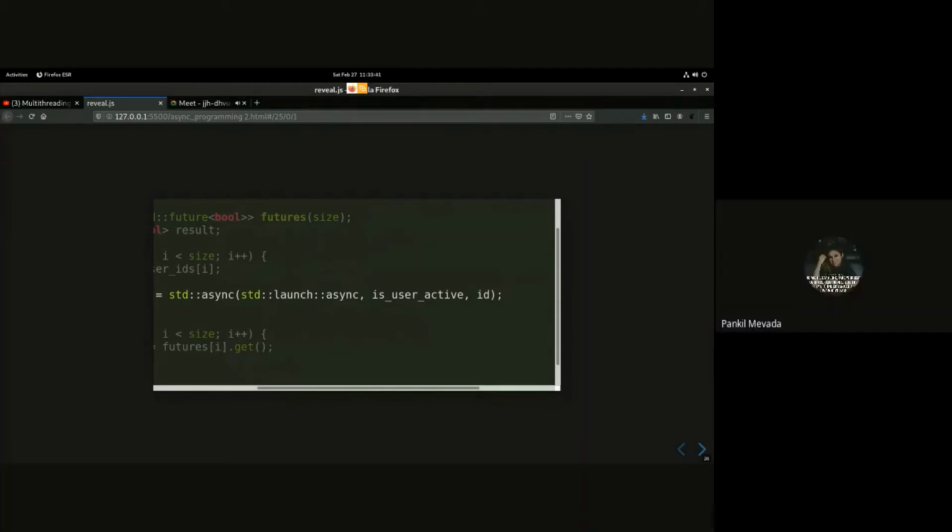Yes. Let's take a case. We are going with async only. So it will create a separate thread. And the other way, we have std::thread instead of using these future concepts. So if that is a requirement, then what do we have to use? Because you can do the same with std::thread also. Apart from the return type, I think for std::async also there are some disadvantages. But I'm not sure when we have to use std::thread and when we have to use std::async.